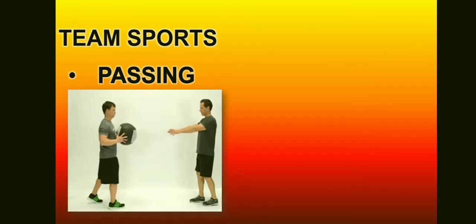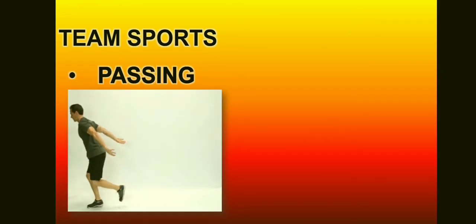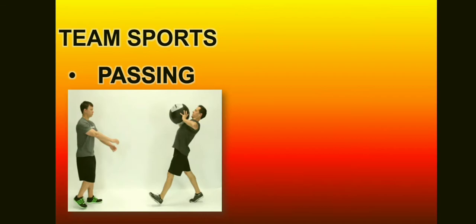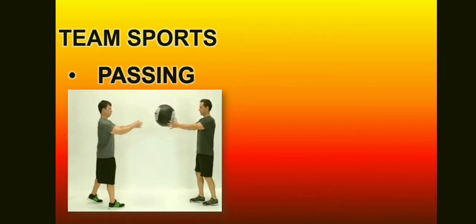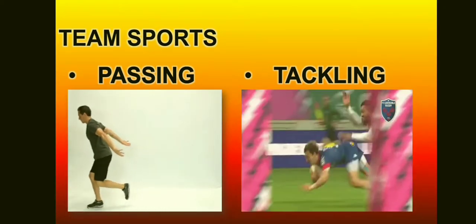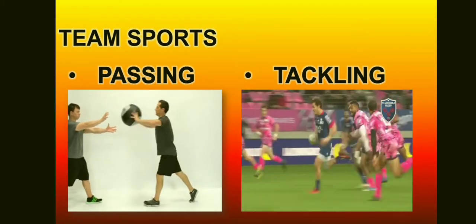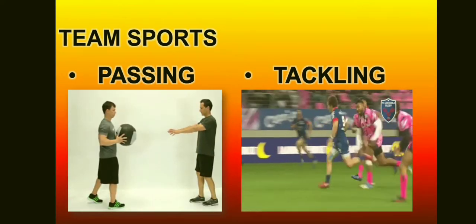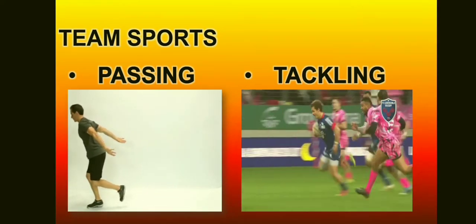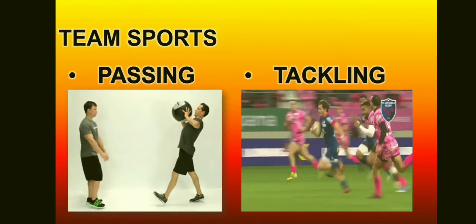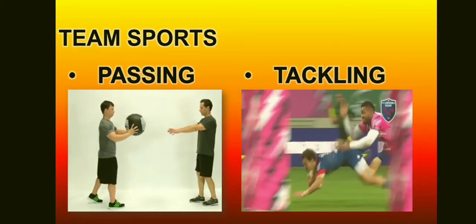Next is passing. Quick short passes are usually made with the side of your foot or in your hands, using the instep for the long pass. Tackling. Tackling is largely a matter of timing and running when the tackler tries to block the ball firmly against your foot, hoping that your opponent will lose his balance and the ball. To make a sliding tackle, slide your leg along the ground to kick the ball away.